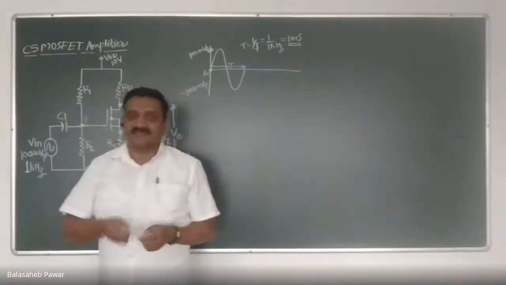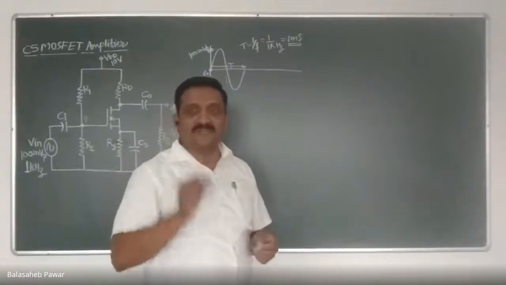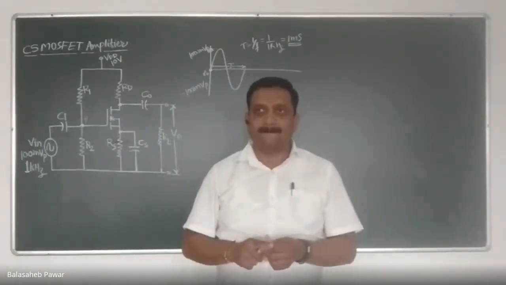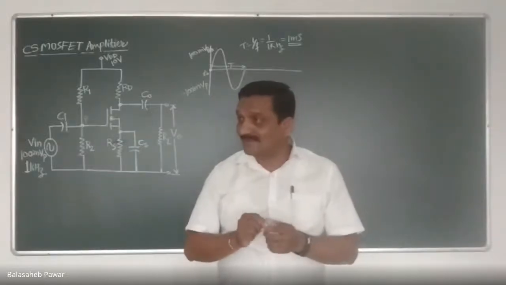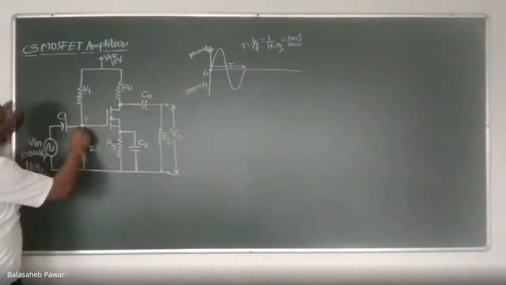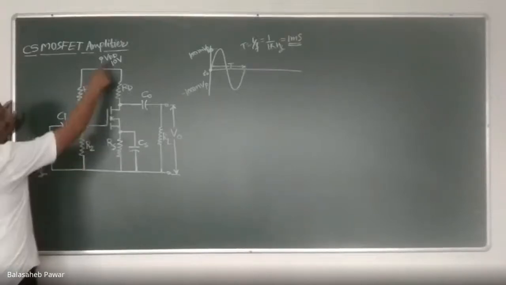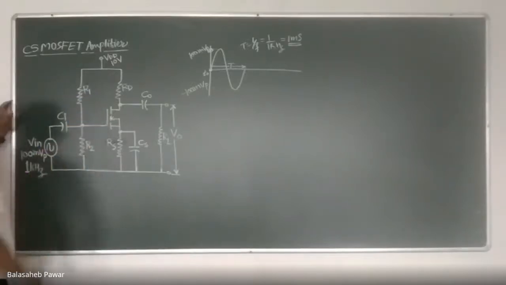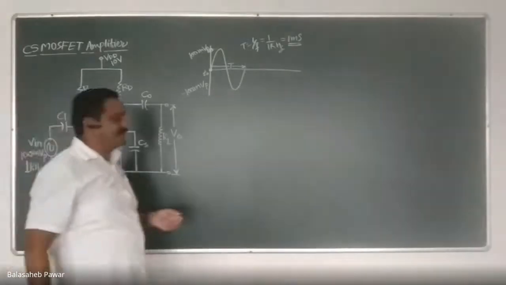Now, the second question is, what is the nature of that 2.1? Is it AC voltage or DC voltage? DC. Yes, it will be DC voltage. Why? Because what is the source of that 2.1? The source of that 2.1 is VDD, that is 10 volts, right? And that 2.1 volt is obtained by this voltage divider, R1 and R2. Yesterday we already discussed this, right?